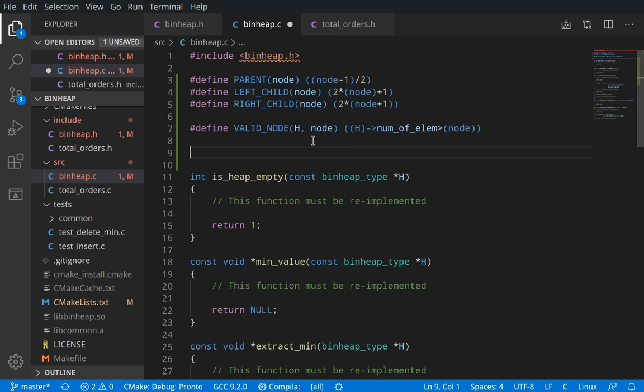And finally, for today, let me define other 2 macros, which will be quite useful. The first is the address macro, which takes a heap and an index for a node, so let's say 0, for instance, and returns the address of that node, so a pointer to that node inside my data structure. Since all the values will be stored in A, this node will be an index for A, and then the address of the node in H will be H.A plus node